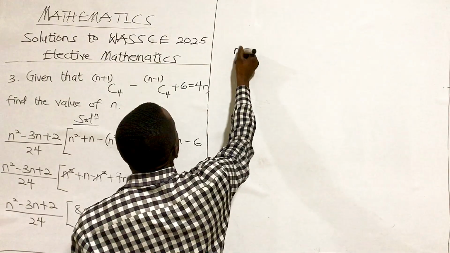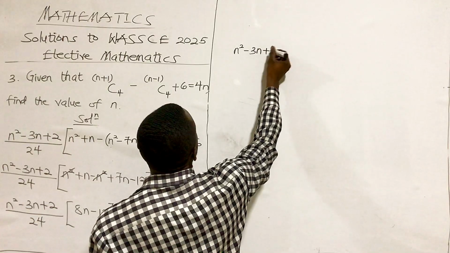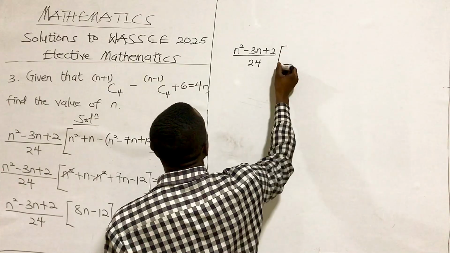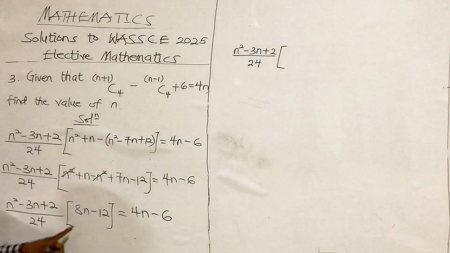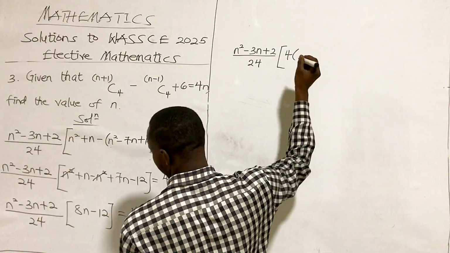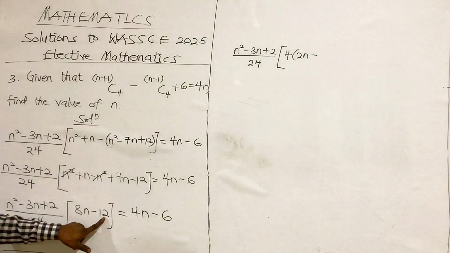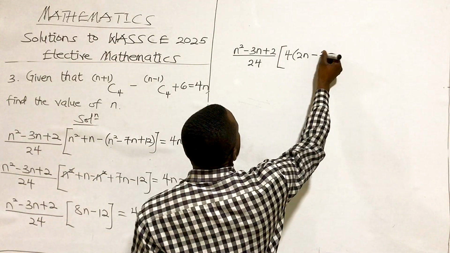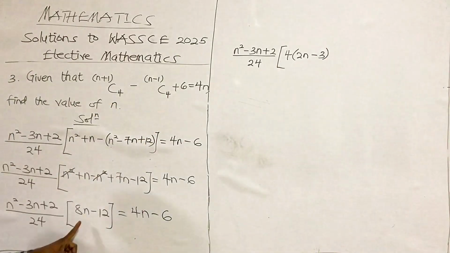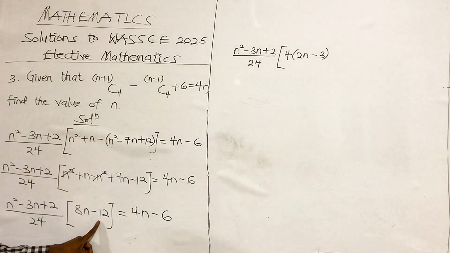So we have (n squared minus 3n plus 2) all over 24 in a big bracket. We know that we can factor 4 from here. So we have 4 into bracket 2n minus 3. So you could see that 4 times 2n, we are still getting 8n, and 4 times negative 3, we have minus 12. Factorization,